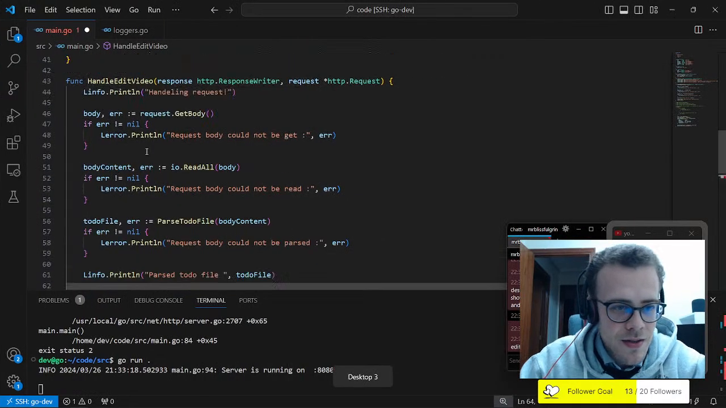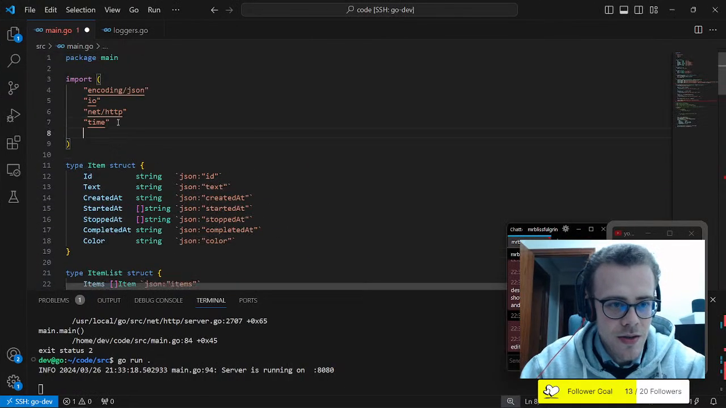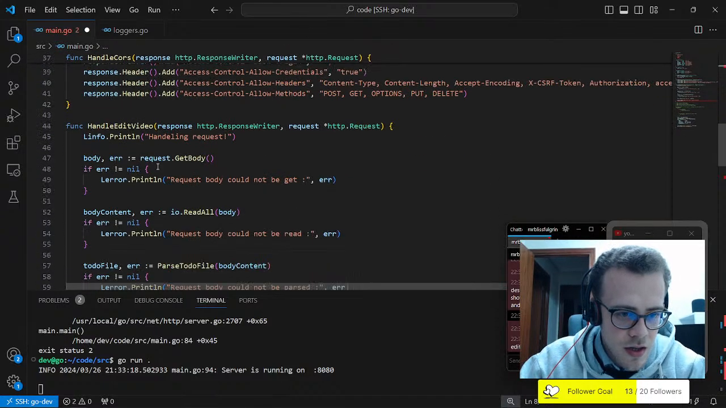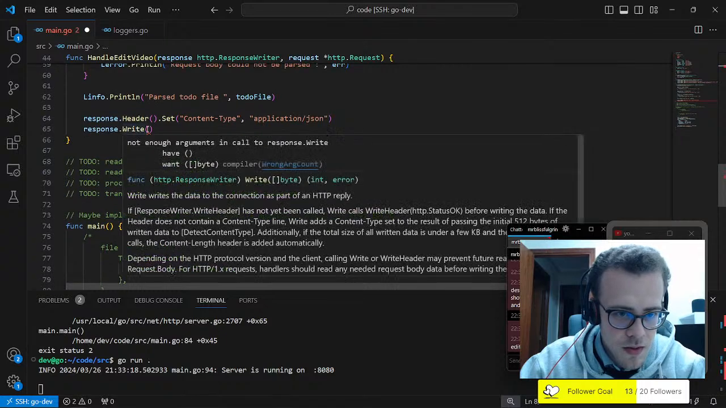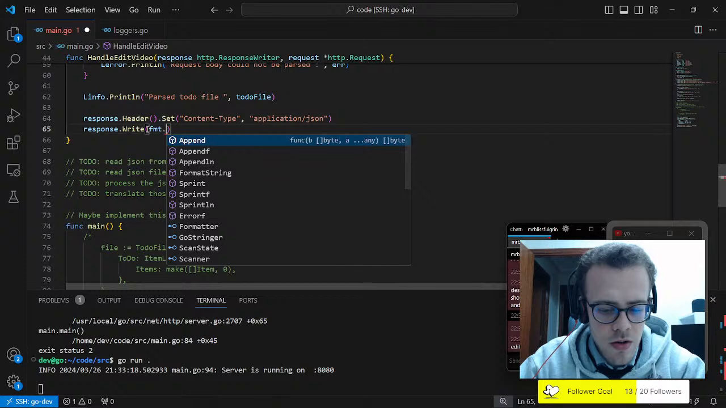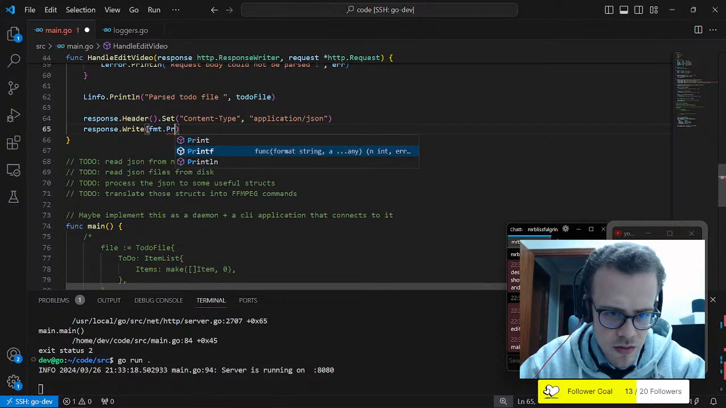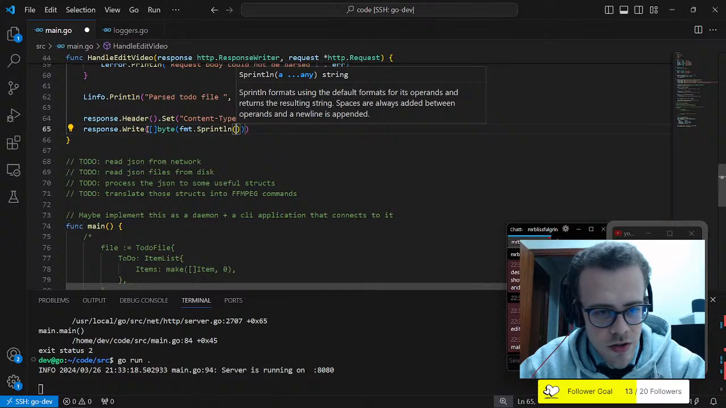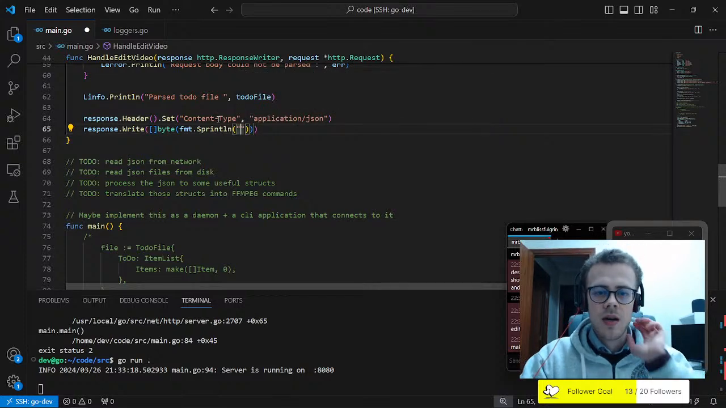Yeah, let's do just some basic formatting. So FMT, and I should be able to do FMT dot print, print. Alan, what is it you're making? Yep,